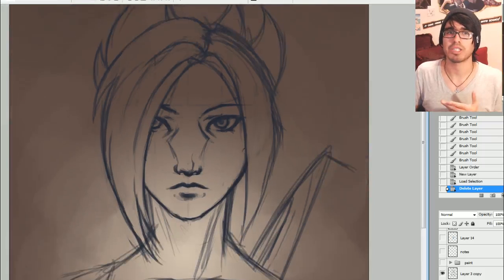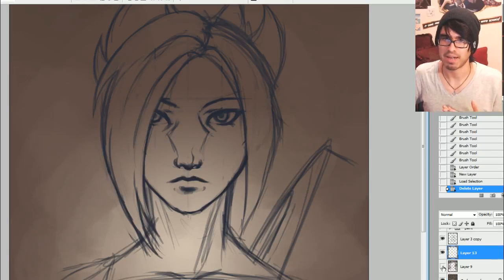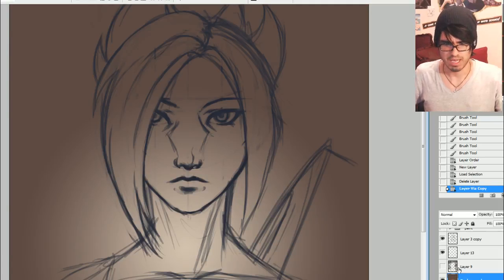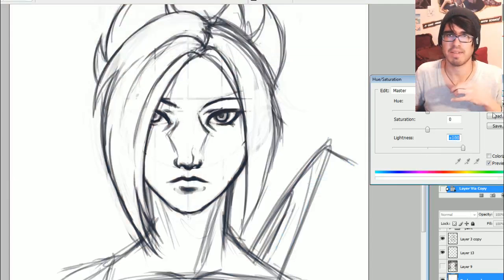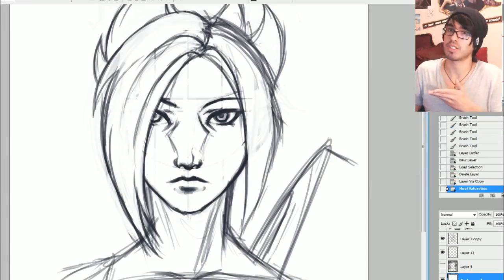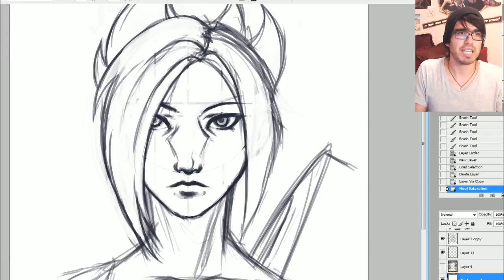So this is what I actually started with. Let's take away the background and everything. Let me duplicate that, make it white so that we can see it. Okay, so this is actually where everything starts. And you can see I was actually